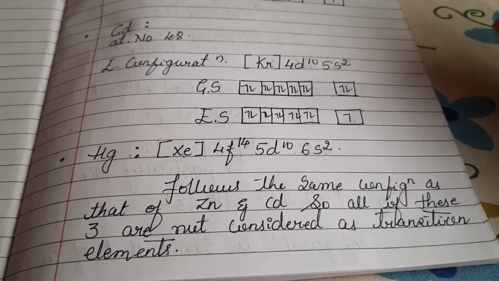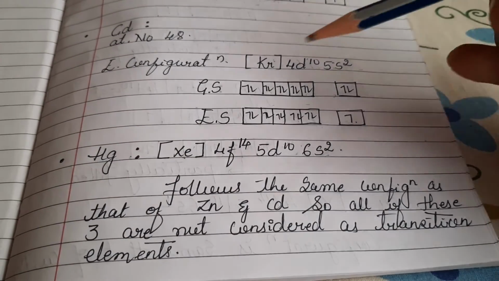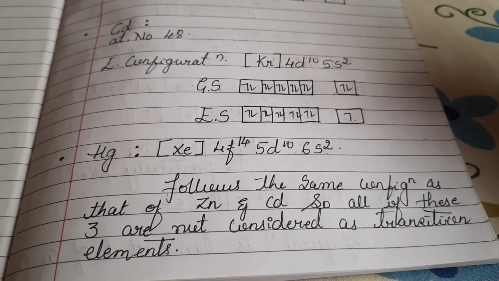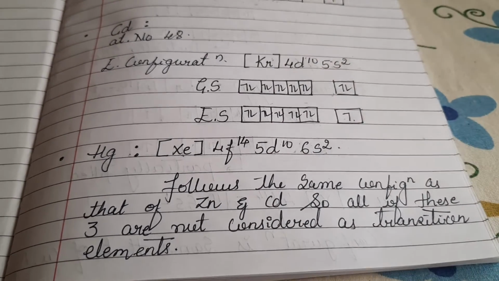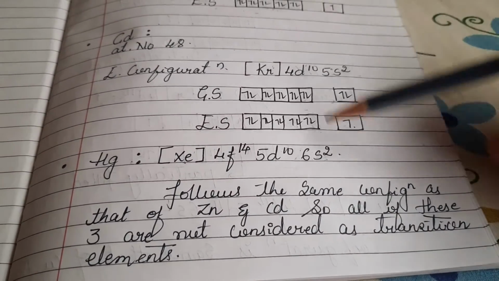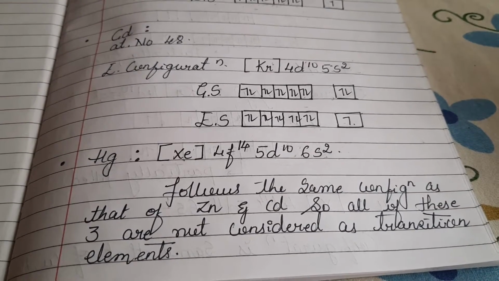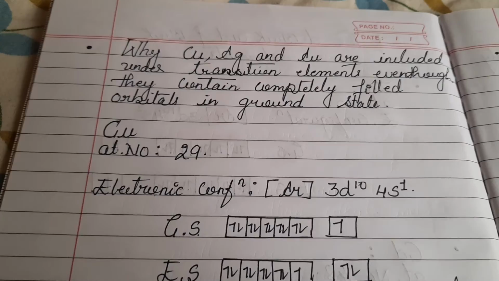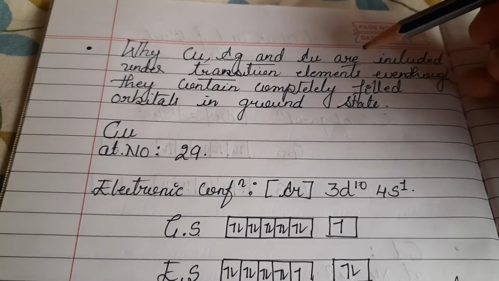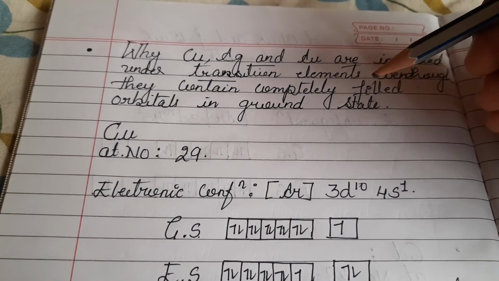That was the main reason why zinc, cadmium and Hg are present in the d block elements, but are not considered transition elements. This question can 100% be asked in your board examination as well as your competitive examination. On the basis of this concept, you will definitely get questions for your competitive examination. For each question you can expect 4 marks. In the second part of this D and F block elements, I would like to give you the explanation regarding this one. It has been given in a paragraph in your NCERT textbook.